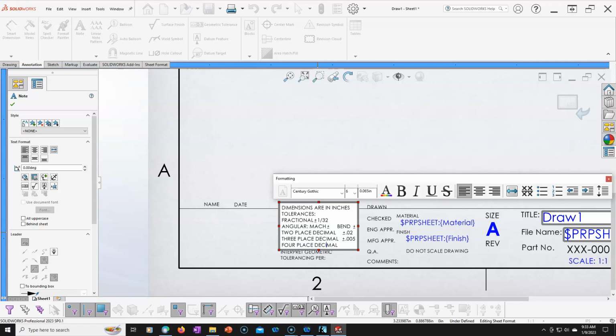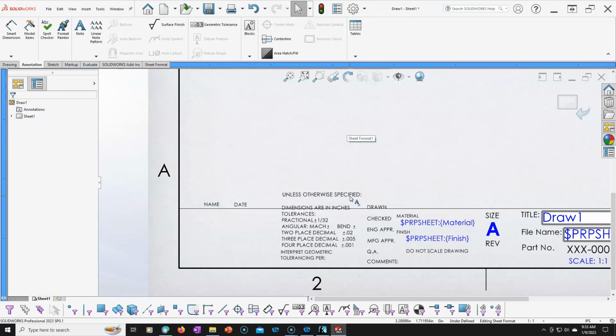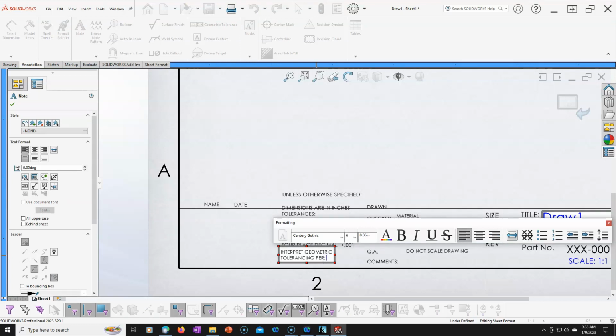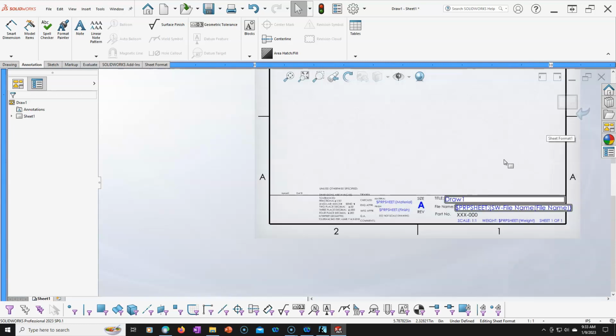And if I want 4 decimal place, we can do 1,000th, because anything that needs to be tighter than that, I will probably do as a note in the dimension and manage it that way. So we would adjust the sizes with the fonts, and we're going to do ASME Y14.5 2018. Okay, so get the idea. Let's go on